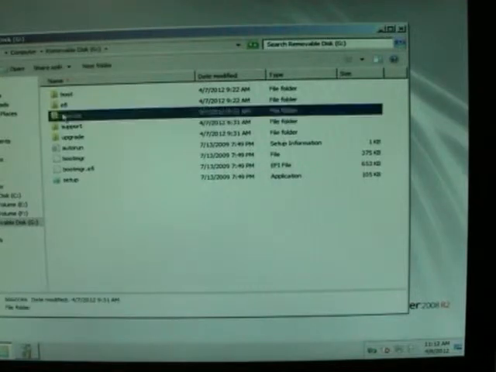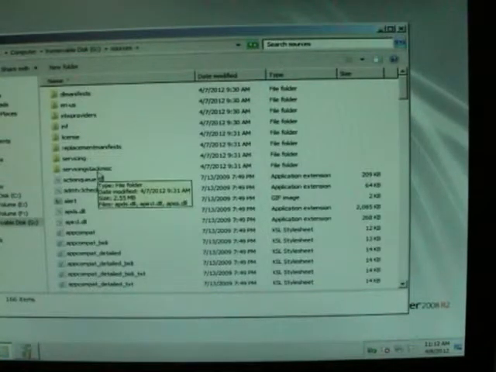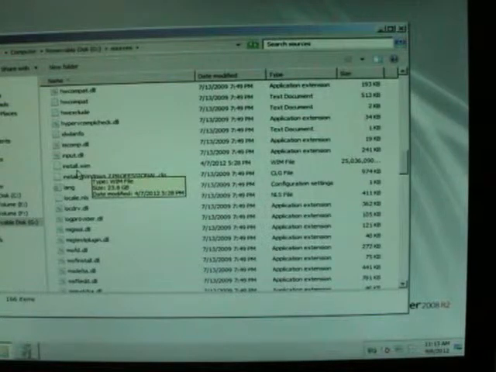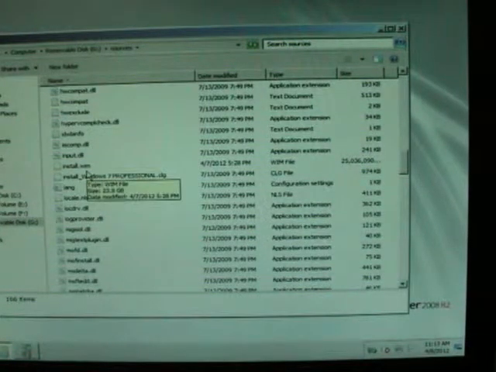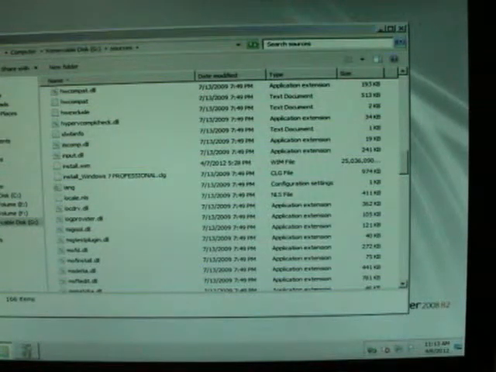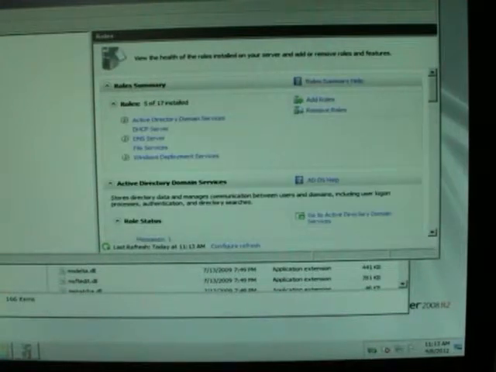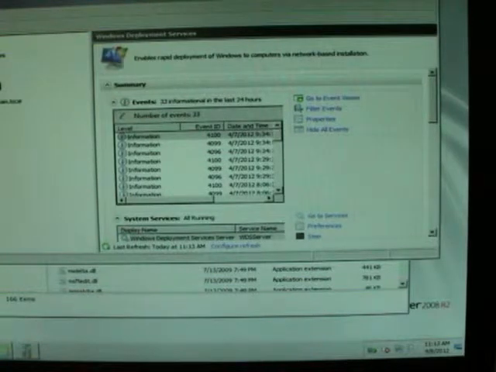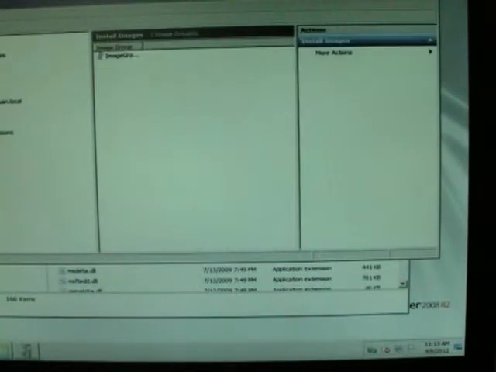In the sources folder on the UFD, if you can remember, we've got something called install.wim. So we're going to try to put that install.wim onto the file server and see if we can do that. We go into Server Manager, click on Roles, and we've got the Windows Deployment Services here. Right, installed images. We had one previously in Group 1. Okay, so installed images. Right, add install image,